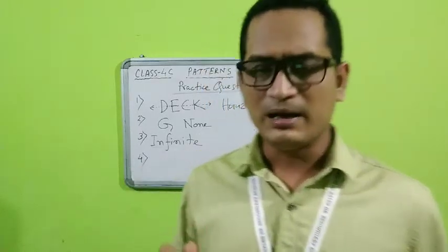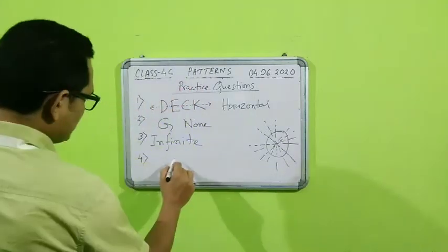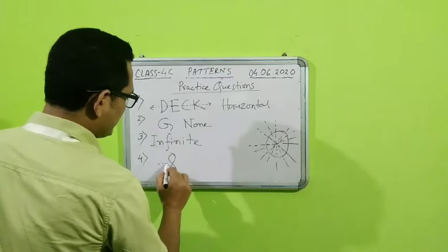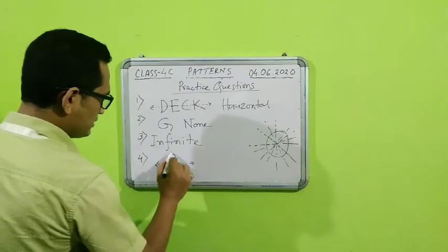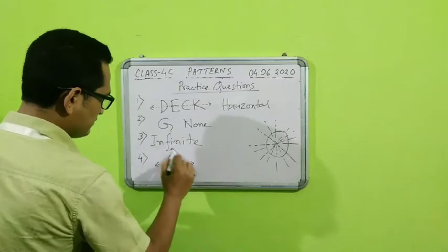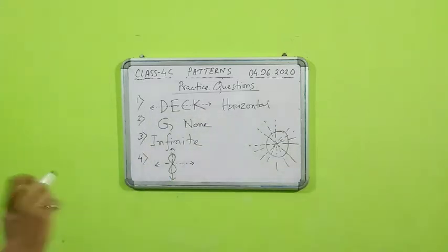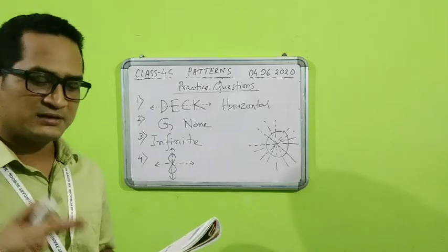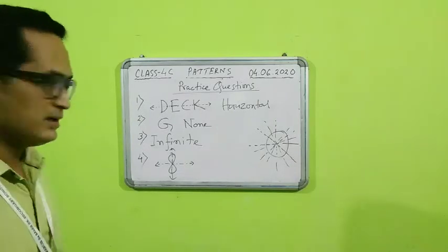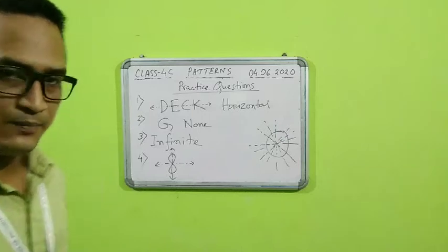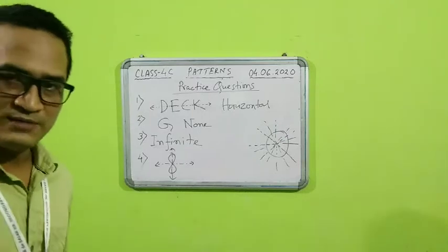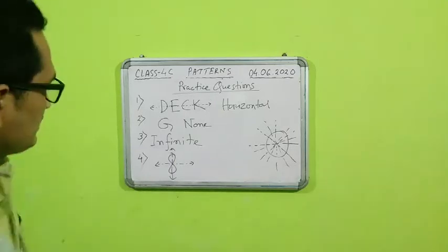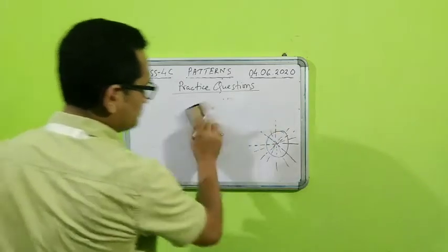So that is why I will prefer to write the number 8, because we can divide 8 horizontally and we can divide 8 vertically also, like this. So they are asking to write a number which can have both horizontal and vertical line of symmetry. So this will be the answer, that is number 8. So students, please pause the video and note it down and copy it down in your copy. Fine. Now let us go for the next question.